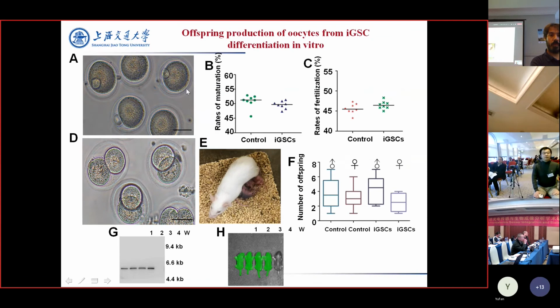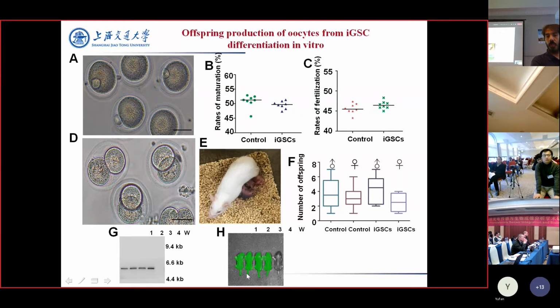And then we will also take the follicle outside to do in vitro maturation. We can get mature oocytes, and then oocyte fertilization with the sperm, which can fertilize and develop to the 2-cell stage and on to embryo development. When we transplanted the embryo to the uterus of the female mouse, they can get offspring, and the